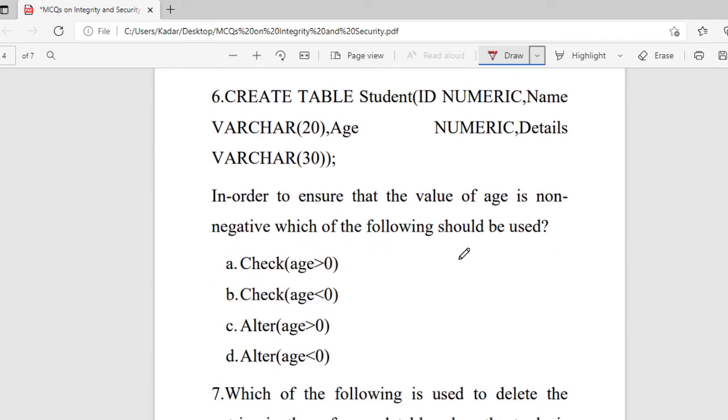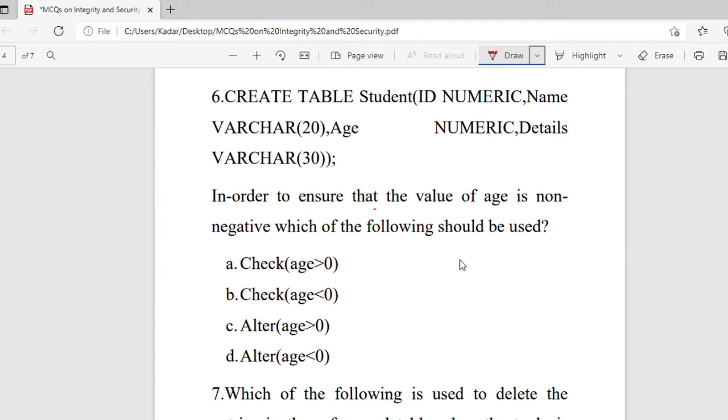Then the sixth question, create table student. The fields are ID numeric, name varchar, age numeric, details varchar. In order to ensure that the value of age is non-negative, which of the following should be used?